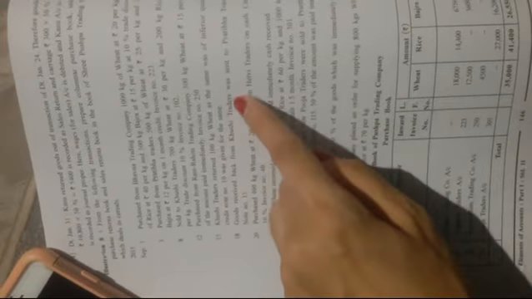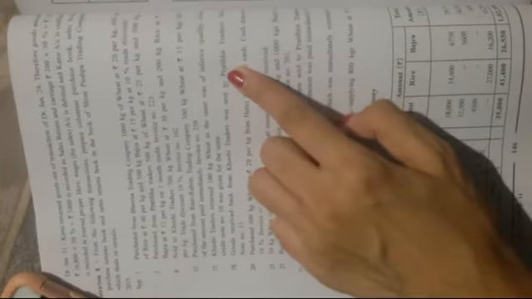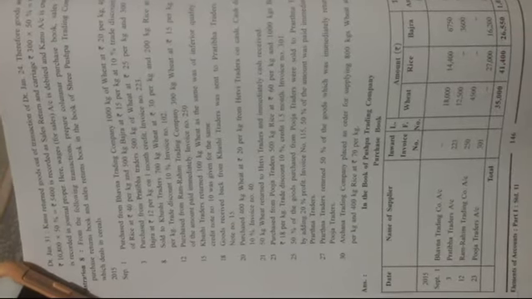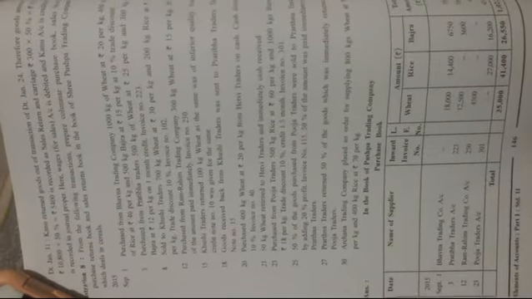Then the next is goods received from Khushi Traders was sent to Pratibha Traders, debit note number 15. So goods which were returned by Khushi Traders, now it was again sent to the Pratibha Traders. Pratibha Traders was our supplier. We purchased goods from the Pratibha. So that goods was returned to Pratibha. So that is known as purchase return. So this transaction will be recorded in the purchase return book.